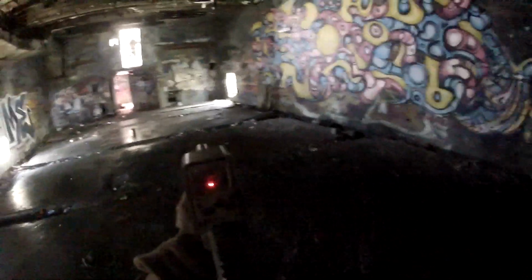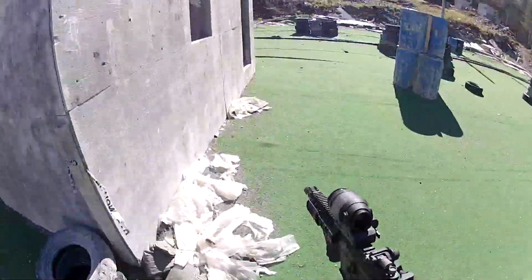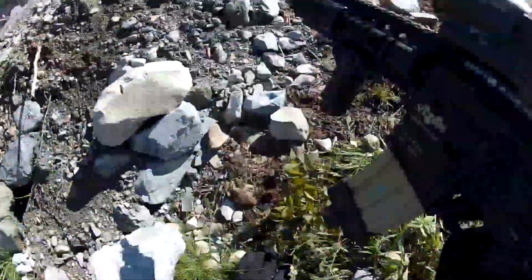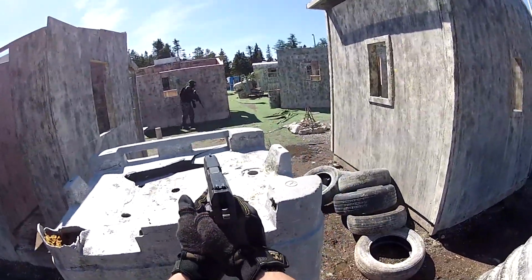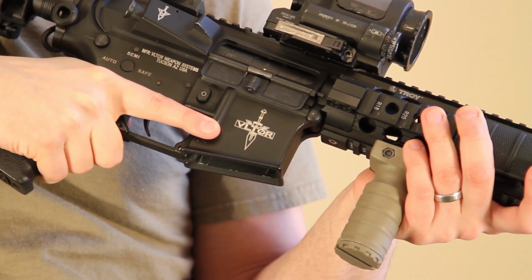and that was because as a player, I thought that I needed to have a really long barrel to be really accurate. I realized through my playstyle, especially recently, that I don't like to sit behind the lines. I like to be up front, kicking indoors, running from cover to cover. That's what I find interesting in airsoft, and having a long barrel for that wasn't really necessary and really wasn't useful in any capacity. So I came across this thing, which is a G&P Veltor, or VL-Tor, whatever, and I